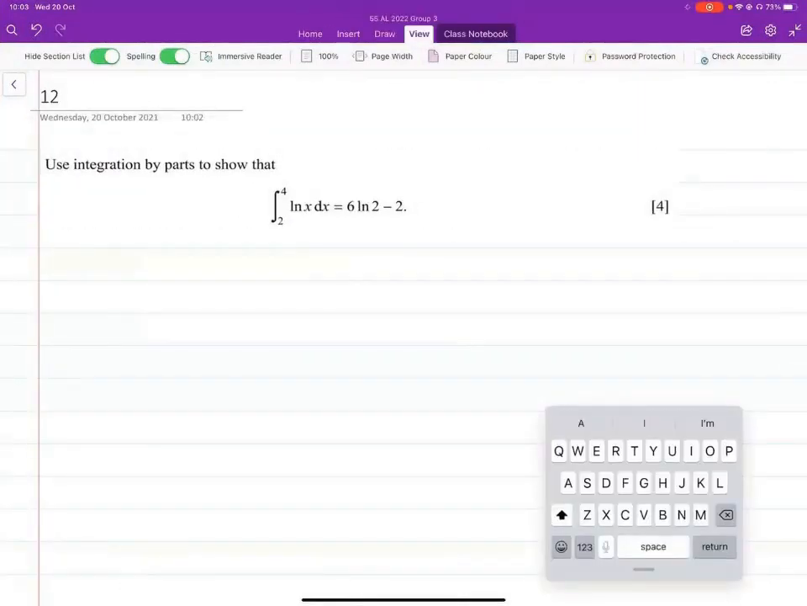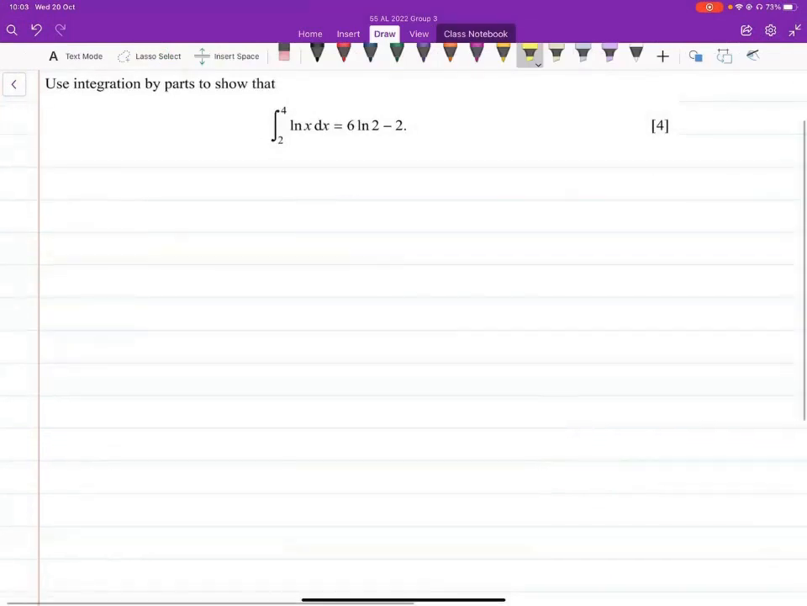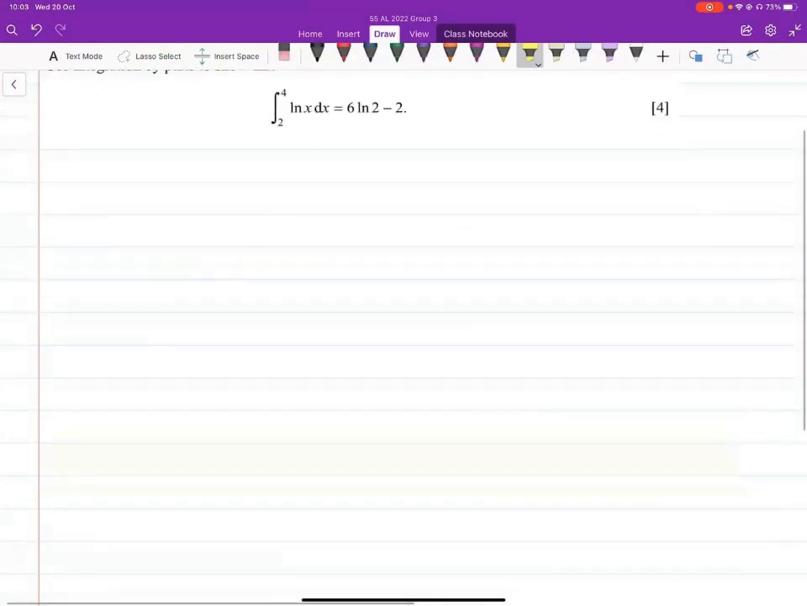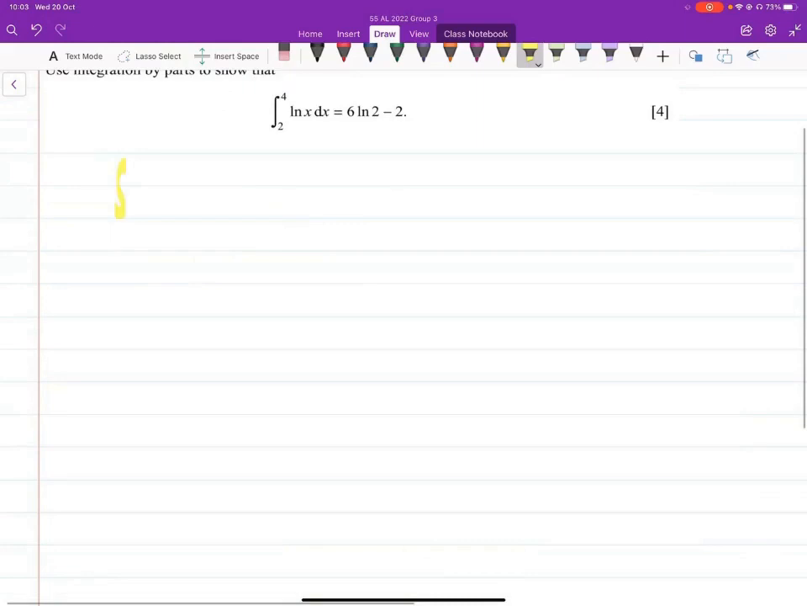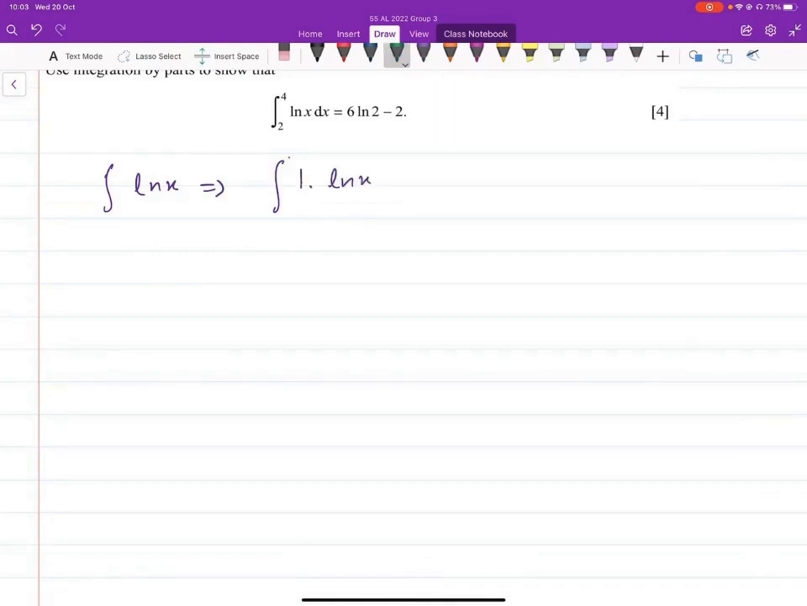Okay, so it says use integration by parts to show this thing. Let's integrate log of x first. We've done that just a few minutes ago, so I'll do that quickly. ln of x becomes 1 into ln of x. You treat the 1 as dv over dx, and ln x is u. You apply the integration by parts formula, u into v, that's x into ln of x minus